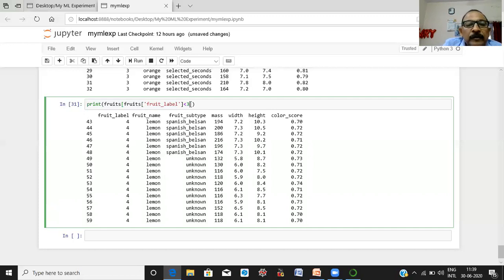less than 3 and food mass less than 160.